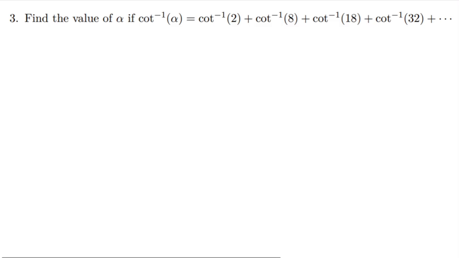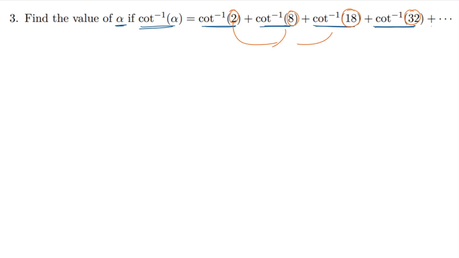So in this problem, we have to find the value of alpha if cot inverse of alpha is equal to cot inverse of 2 plus cot inverse of 8 plus cot inverse of 18 plus cot inverse of 32, and so on and so forth. Well, if you try to find a pattern between these numbers, you may immediately notice that